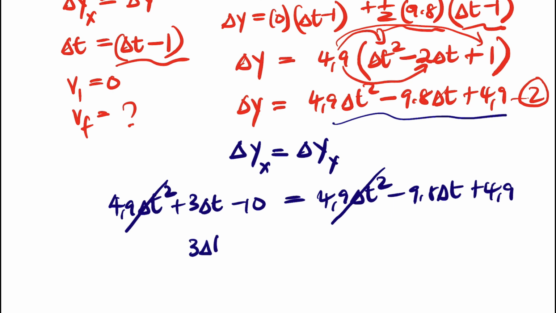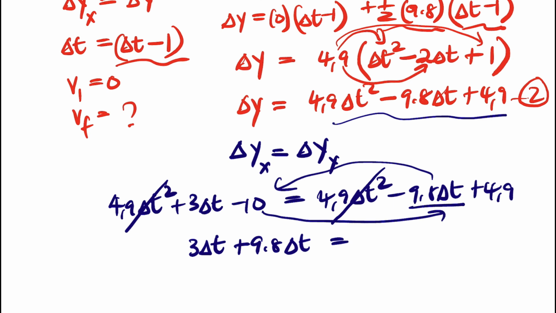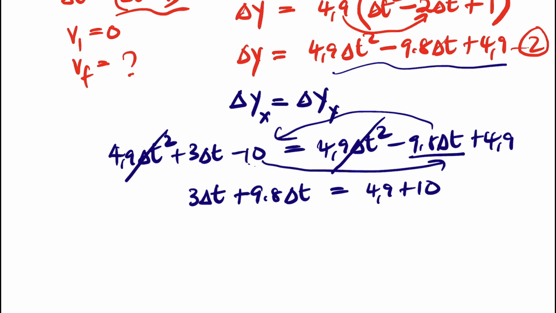So it's going to be 3 change in t, and then I take this to this side, so it will be plus 9.8 change in t equal to, and then I take the 10 to 4.9. I have 4.9 there, and I take the 10. The 10 is negative, it's going to become positive. So on this side, these are the like terms. So it's going to be 12.8 change in t equal to